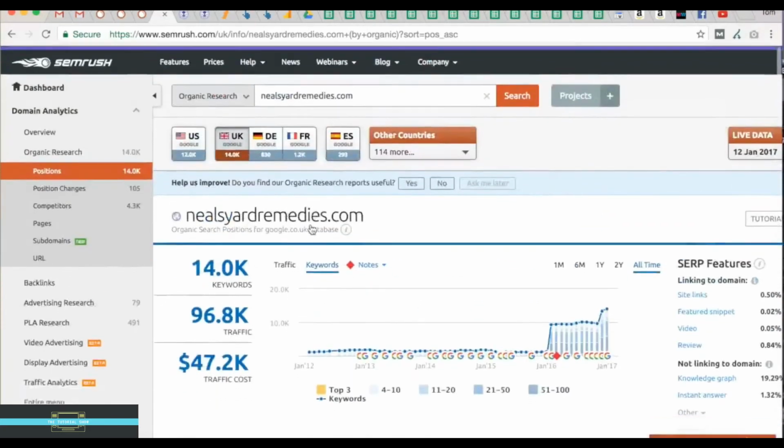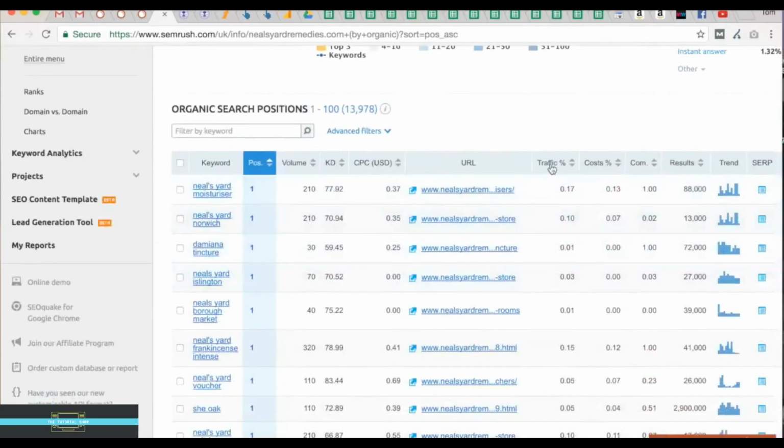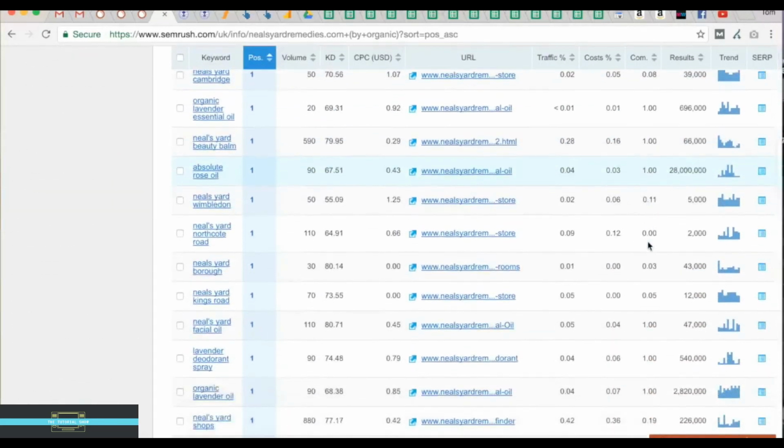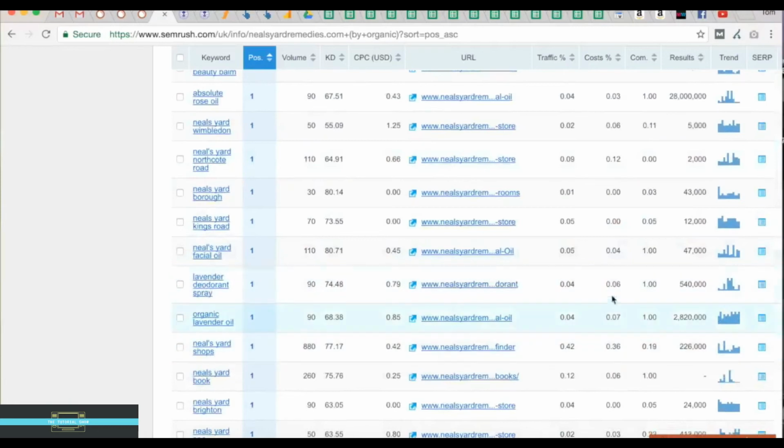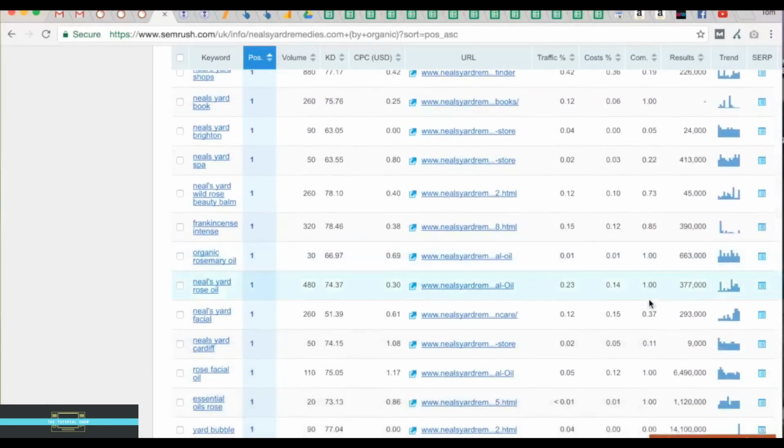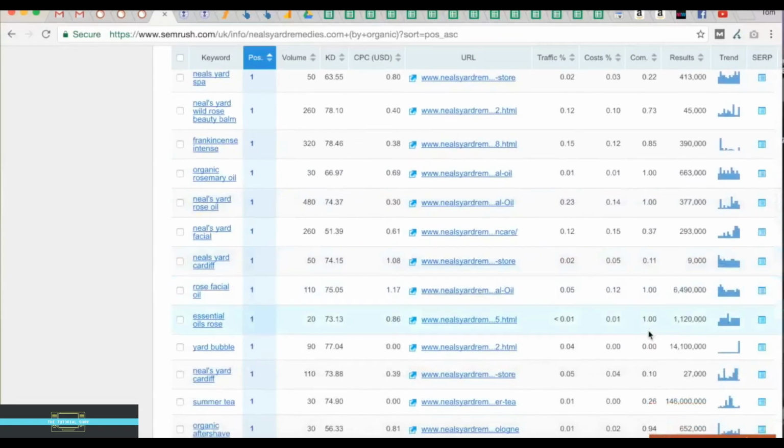Now, you can see in here this traffic percentage, the tool is estimating which keyword is bringing in what percentage of their traffic. Personally, I do avoid this, but I can look into competition levels and get an idea of, let's go to a non-branded keyword, lavender deodorant spray. And you can get a feel for the competition level ranging from 0 to 1 of how competitive that term is. And a lot of the time, you're going to see heavy competition,